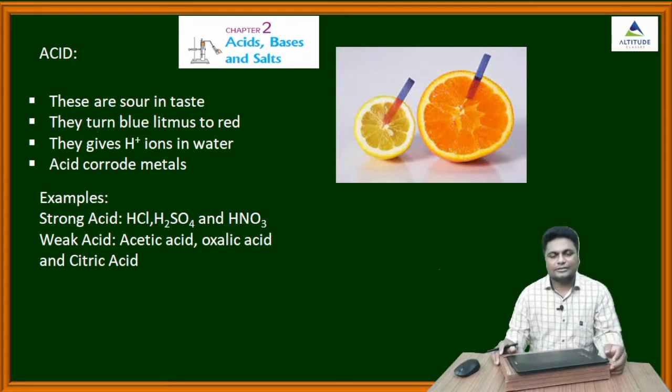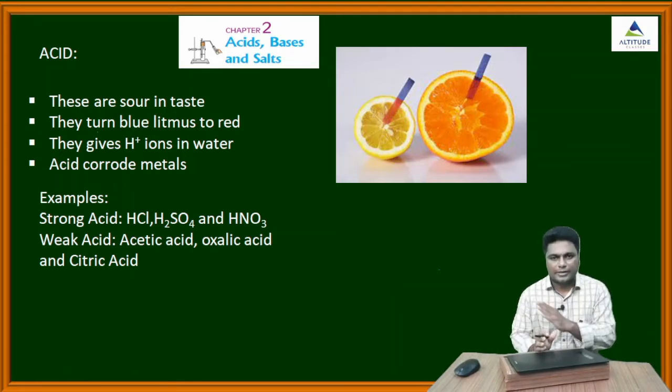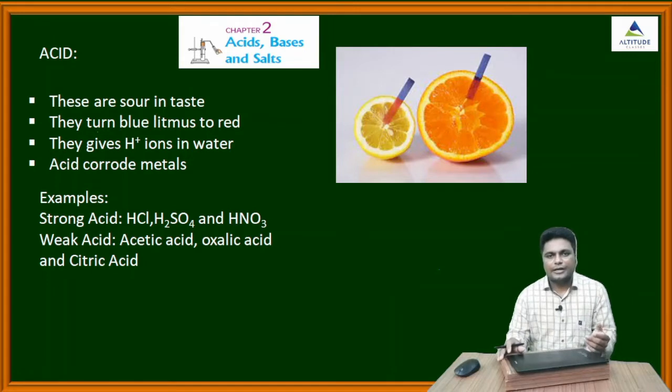Today we'll discuss the second chapter from 10th standard chemistry CBSE board. So already I discussed the first chapter, that is chemical equations and reactions. So this is our second chapter. I am making three parts in this second chapter: part 1, part 2, part 3. In part 1 we will discuss what is an acid, what is a base, and indicators, types of indicators, and chemical reactions of acid with metals, metal carbonates, metal bicarbonates, and neutralization reaction. Okay guys, now without wasting time, let's get started.